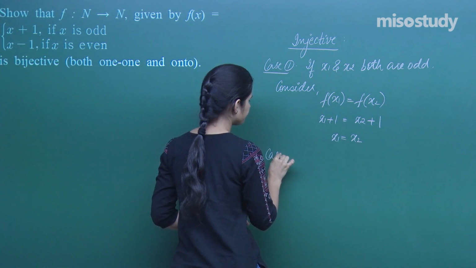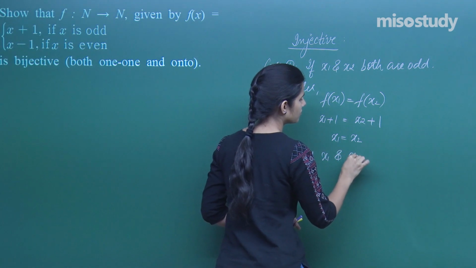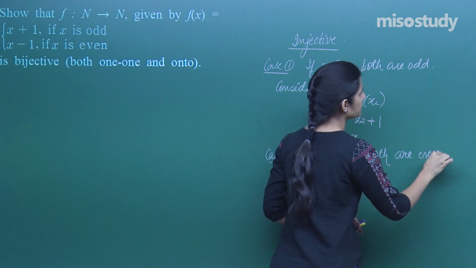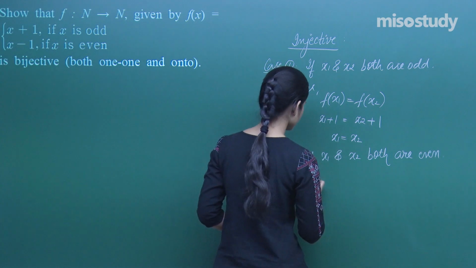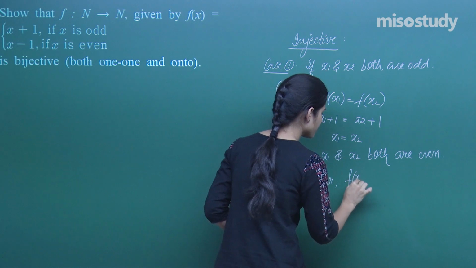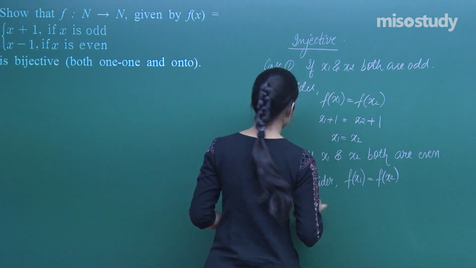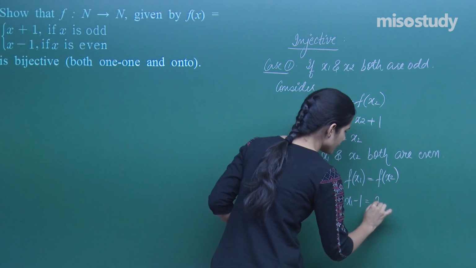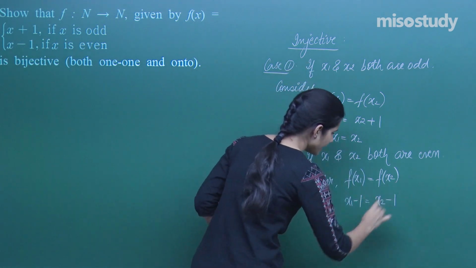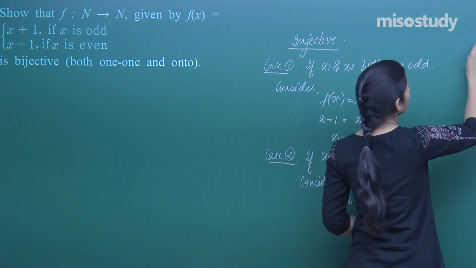Case 2. If x1 and x2 both are even, in this case if you consider f of x1 equals f of x2, then f of x1 is x1 minus 1 and f of x2 is x2 minus 1 because both x1 and x2 are even. Again you get very clearly x1 equals x2. Case 3,